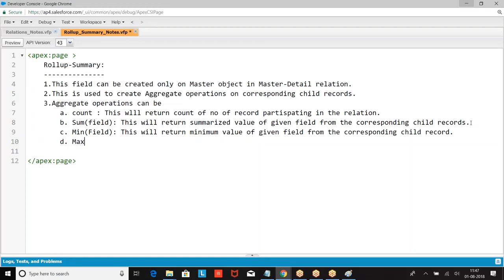Max of: this will return the maximum value of the given field from the corresponding child records. This is how we got count, sum, min, max.